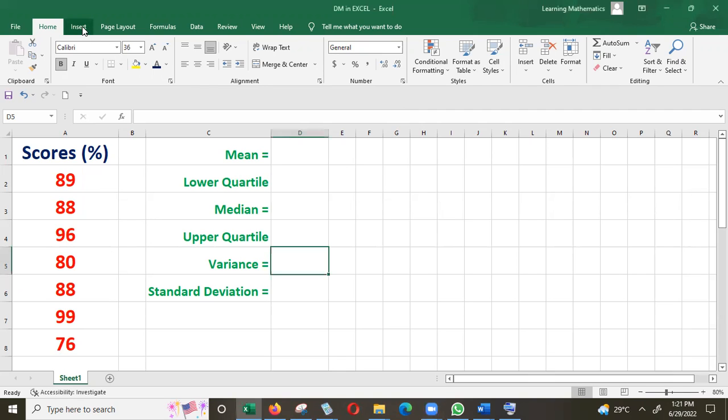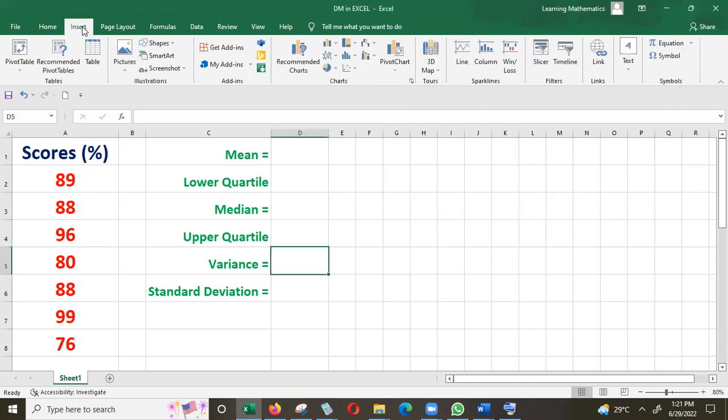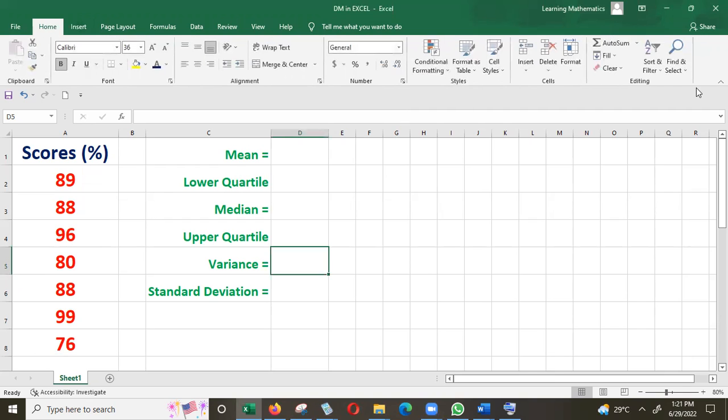Make sure that your tab, your bar is on Home, and then you go to AutoSum, you scroll along here, and you go to average. Okay, now you like the mean to be placed here, so you click here in D1,